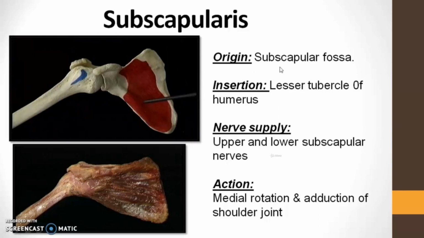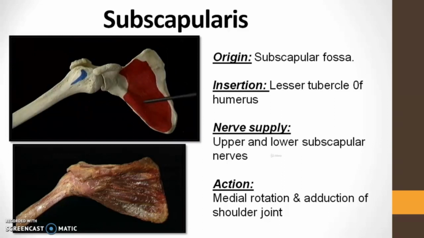So origin from subscapular fossa, insertion into the humerus, that is in the lesser tubercle of humerus. So we have lesser tubercle which is giving insertion for this subscapularis muscle. You can make out the muscle here clearly. This is a cadaveric specimen where you can see subscapularis muscle on the whole of the anterior surface of